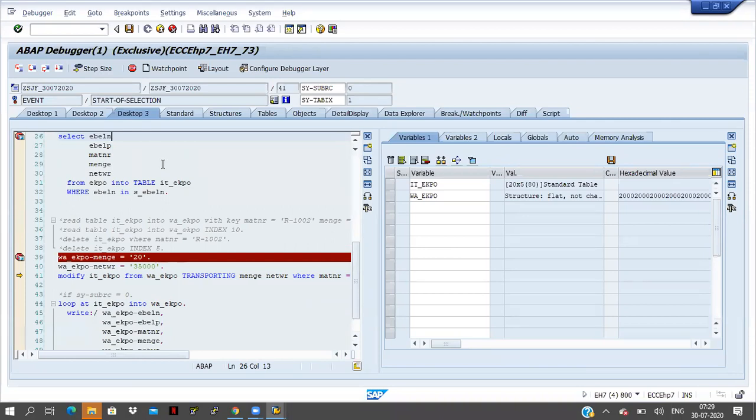See, in 2 ways we can fill the internal table. First way is to fill manually, which means first of all we fill the work area, and after that we move the data to the internal table. That is manual filling. We are filling the work area and we are filling the internal table. That is one way. And the second way is by using a select query. Some data is available in tables, so I am picking the data from the table and I want to pass the data into the internal table through a select query. That is the second way.